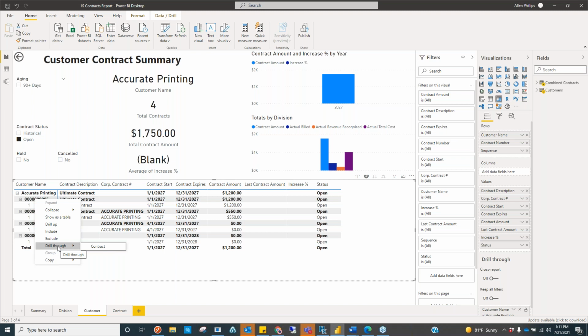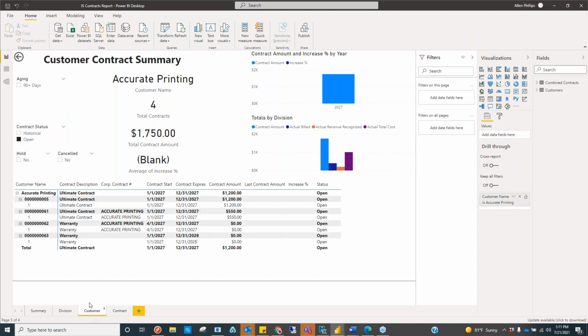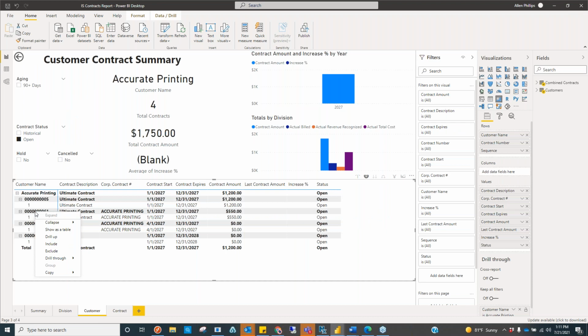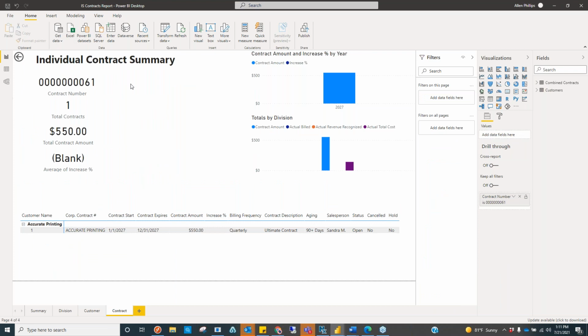So as you can see here, by highlighting this now, if I was to go to the contract page without doing that, the contract is still showing a different number because I have not set this up with anything, meaning that I'm telling it I'm going to start at the highest level and work my way down. The minute I come back here, I've got my customer, I'm going to select contract 61. If I drill through to contract 61, it then takes me to that page and it brings me just to